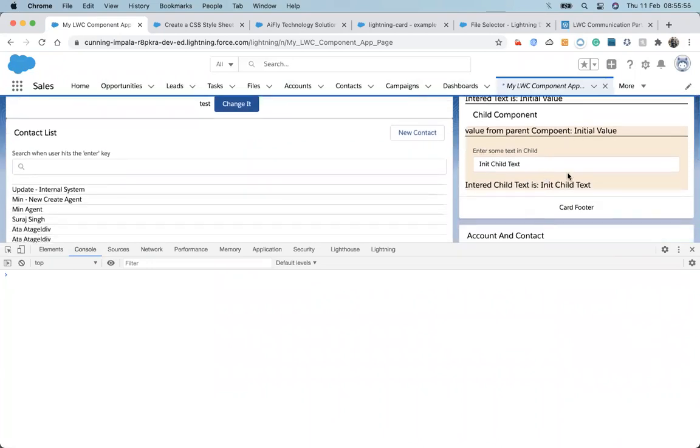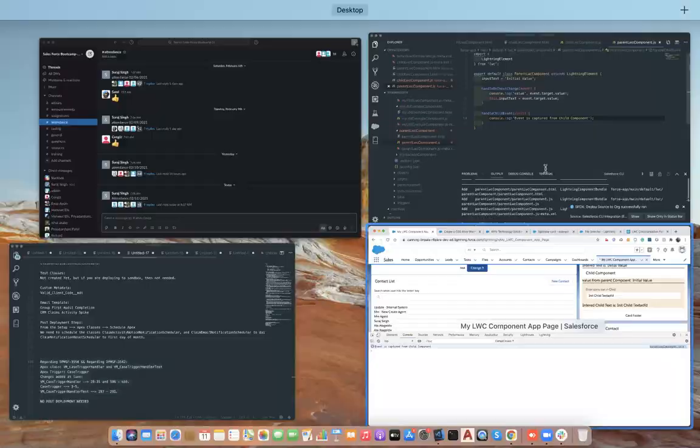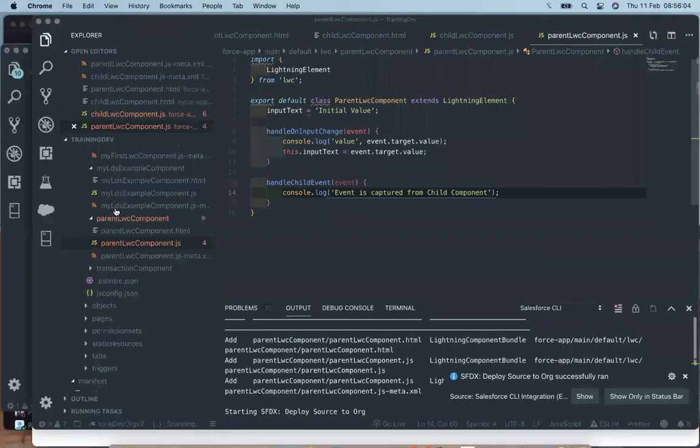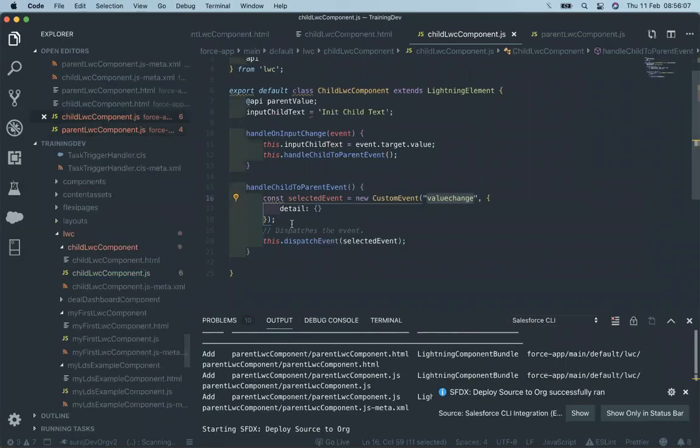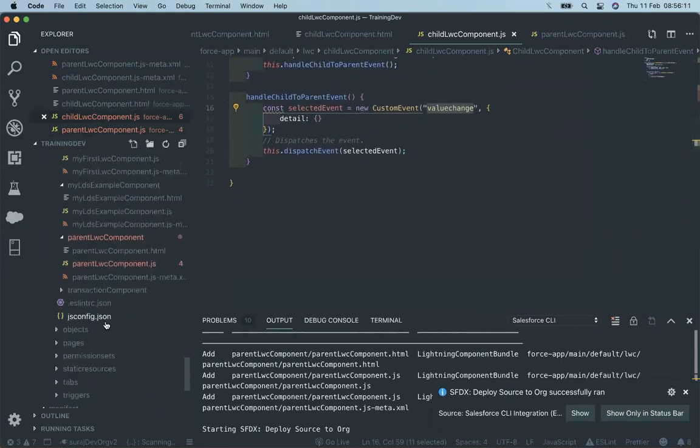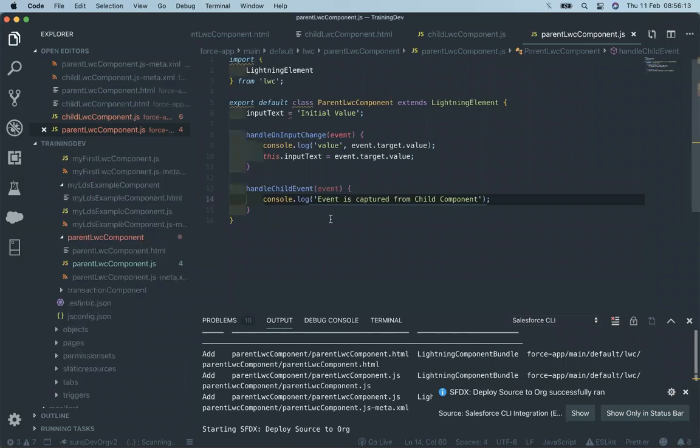I'm making changes, and whenever I make changes you can see that the event is captured from the child component. It means that whenever I make changes here, it fires that event, and that event gets captured in the parent component. It's working fine.